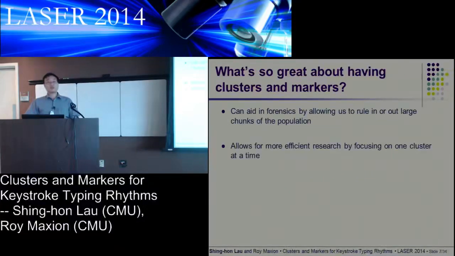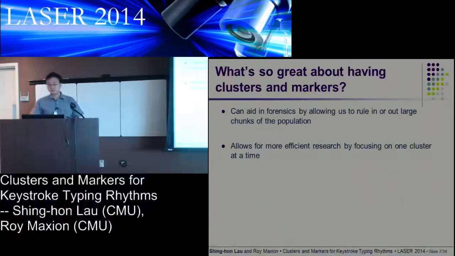Having these clusters and markers will also allow us to do more efficient research. We can focus on a single cluster at a time. Right now, we're in a position where we try to apply our techniques across the entire population, as though the entire population was the same. And that's not the case. So if you can focus on a particular cluster at a time, you can look for specific techniques that work well for just that cluster, and then find some other technique that works well for some other cluster. And then at the end of the day, you can figure out what overarching scheme might work well for the